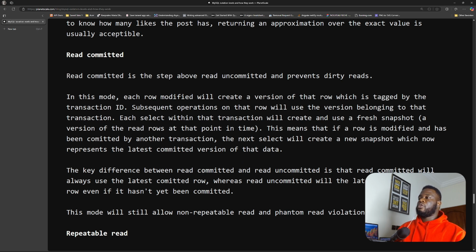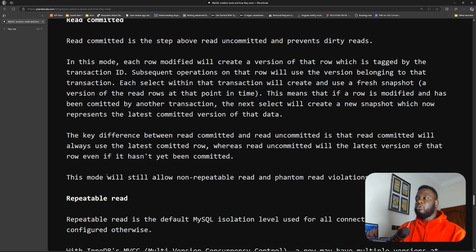The key difference between read committed and read uncommitted is that read committed will always use the latest committed row, whereas read uncommitted will use the latest version of that row even if it hasn't been committed yet. This mode will still allow non-repeatable read and phantom read violations. Okay, so you get the idea. So for read committed, it still causes issues between queries in a transaction, because